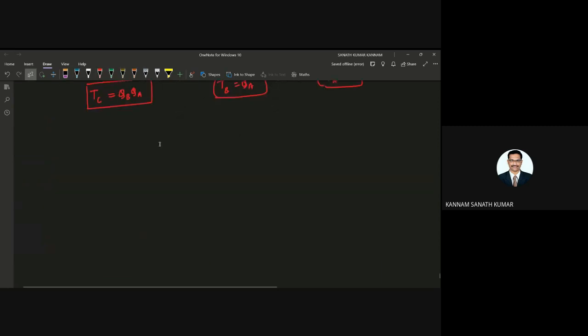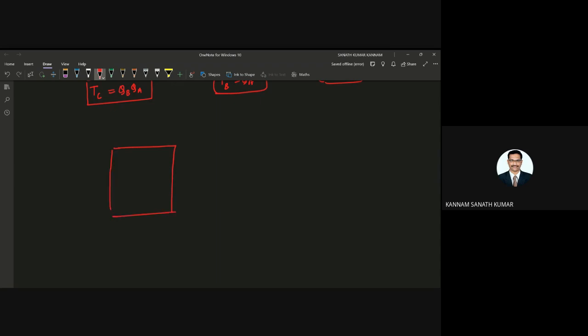So after getting the expression, what you need to do? You need to draw the logic diagram. So here if you see, how many flip-flops? Total you have 3 flip-flops.